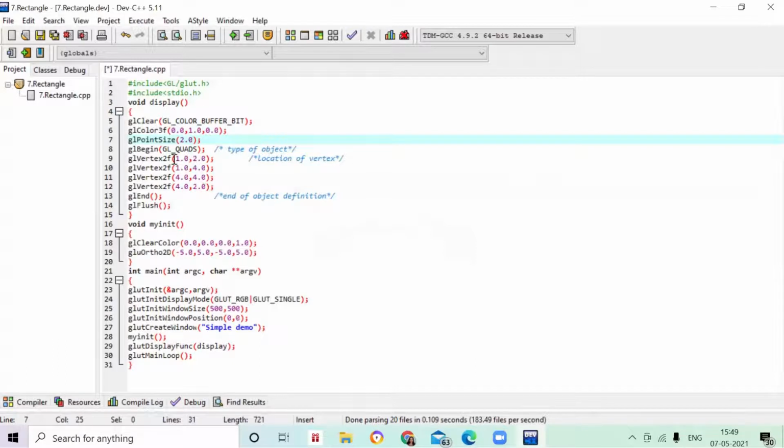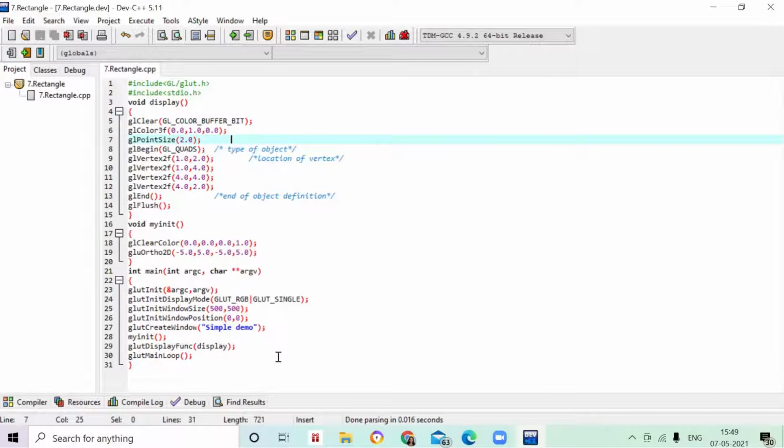Okay. So now what are the changes I made? As I want to do the rectangle, I can do the changes here. You can use GL_QUADS, GL rectangles, whatever you want. Then place 4 vertex points, and the rest of the things will be absolutely the same. And according to these points, you have to change your orthographic view. If you give the changes, then only it will work properly, or else you can see your coordinate points somewhere else. So don't forget to change your vertex points along with your gluOrtho2D.